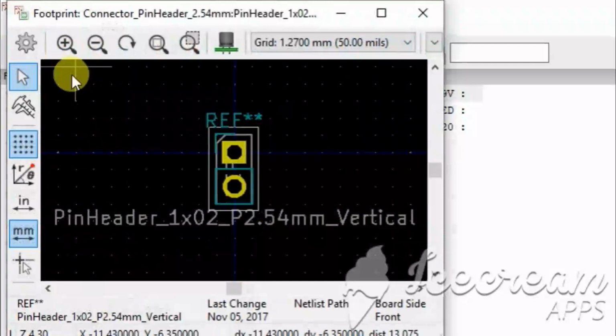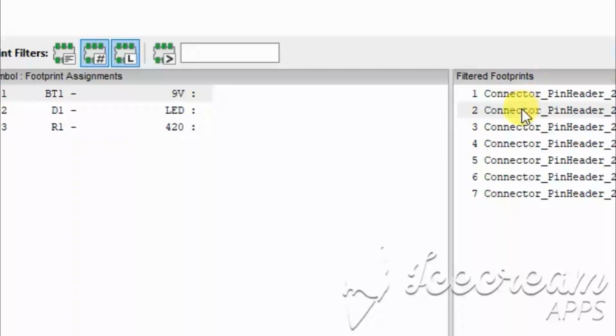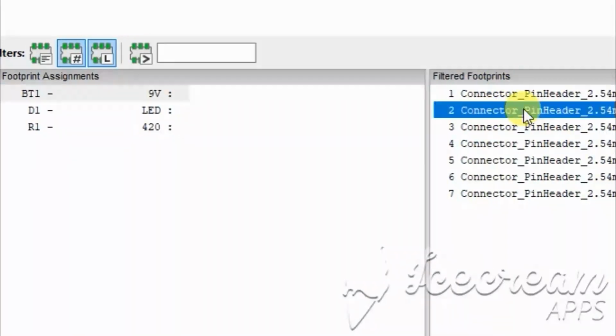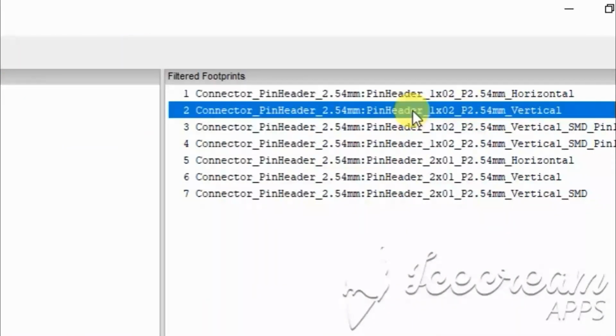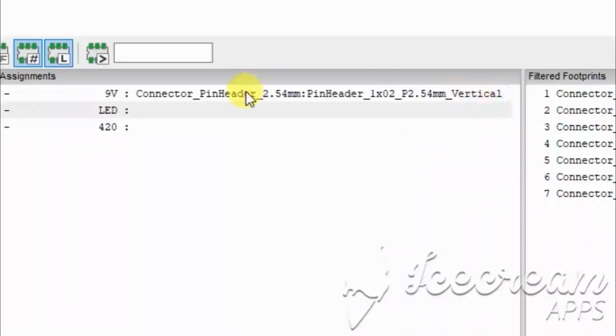Click this footprint and this view shows this place. So close this. This is the footprint, and double click this library, and this adds it to your component.